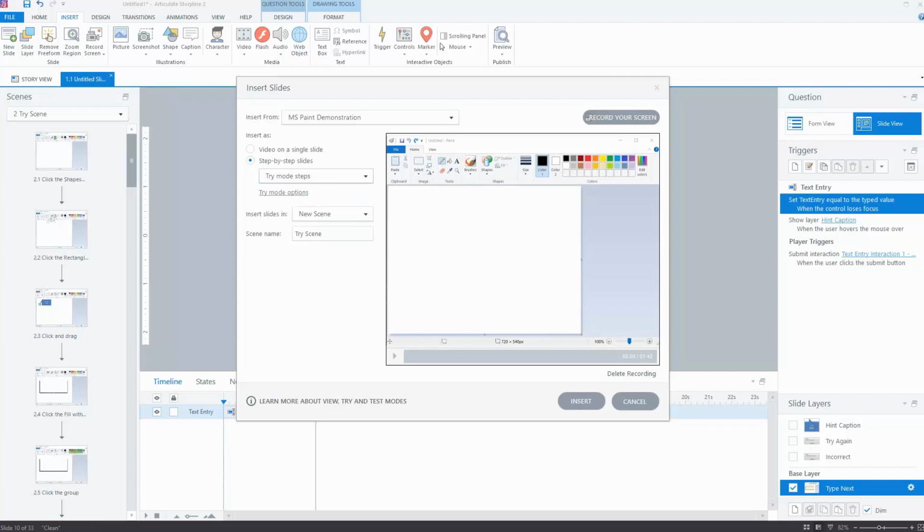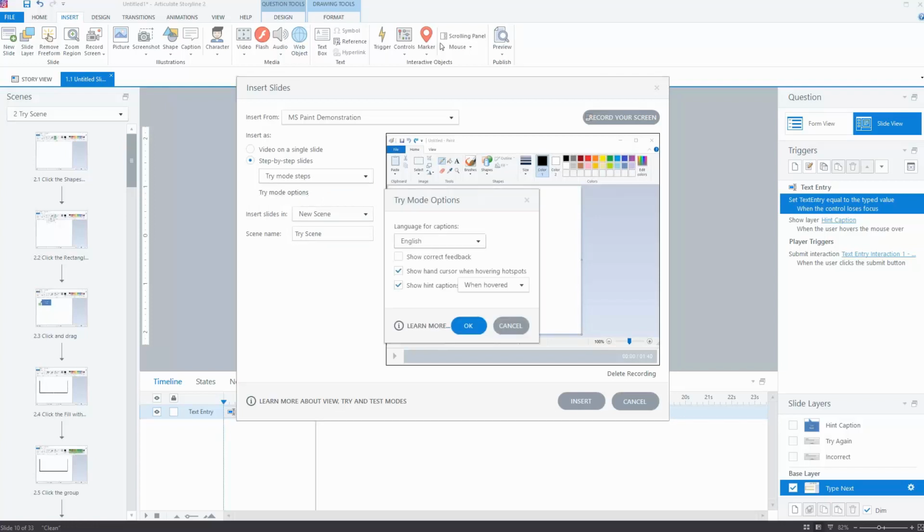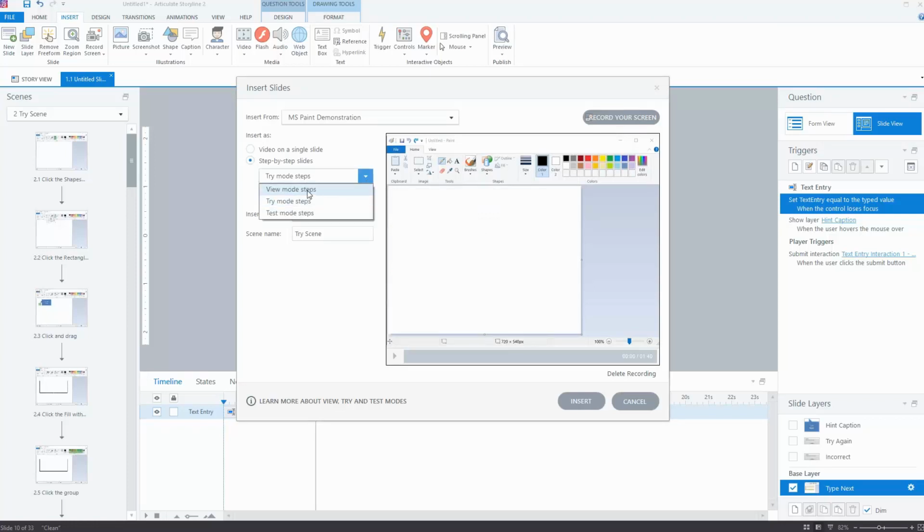One thing I wanted to show you that I didn't was this try mode options, for instance. This is where I can go in and I can say, I want it to show the test caption when hovered or always. I want it to show the hand cursor when hovering in hotspots, and I want to show correct feedback. So if I go into view mode, maybe I want to create one for them to look at. We can look at